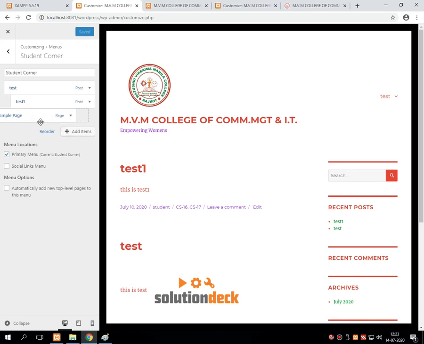Now suppose I am moving only the first portion. I am trying to move the first portion anywhere on the screen. Then it is not possible to have the first as a primary menu. Hope all this is clear, how to create a menu and how to assign the sub menu.